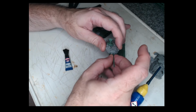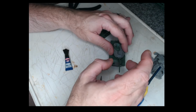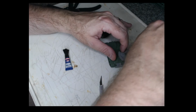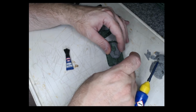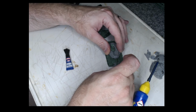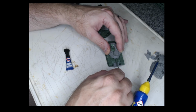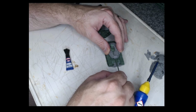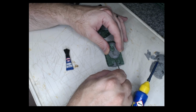A bit of a disappointment when you consider the T64 and all that have a plastic upgrade sprue with an ERA package on. I've got a feeling this might have been a late decision on Battlefront's part and they didn't have time for hard plastic tooling. I can't quite see why economically it wouldn't make as much sense as, say, the T72 or certainly the T64. T72 obviously is used by quite a few people, the option of having the B version. T64 is just the Soviets, and the T80 kind of pips it a little bit. So yeah,